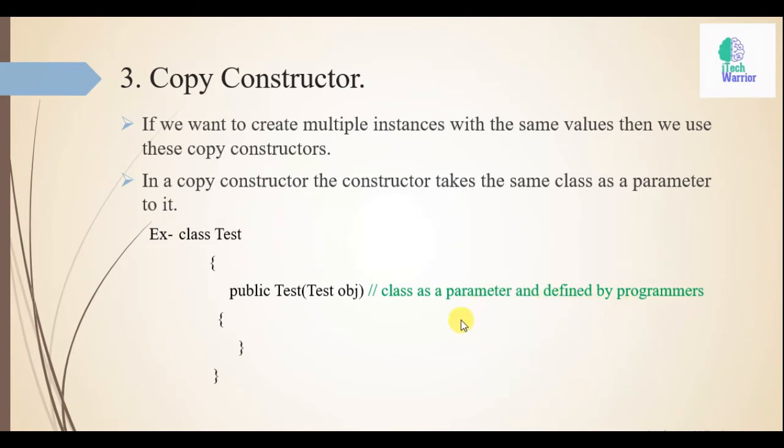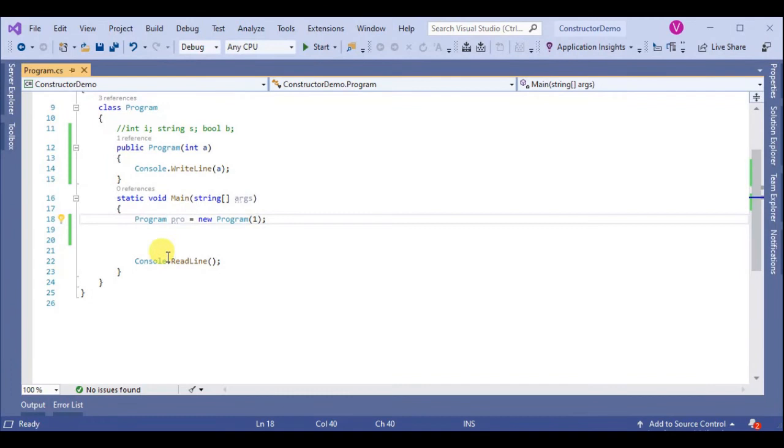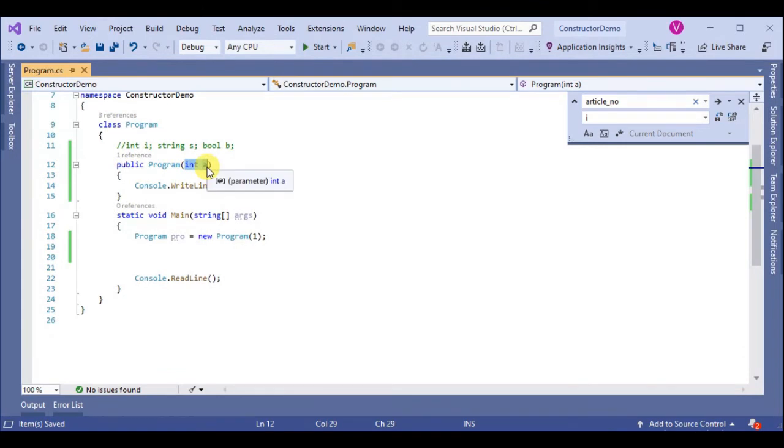So let's understand in Visual Studio. So here we declare a class as a parameter.